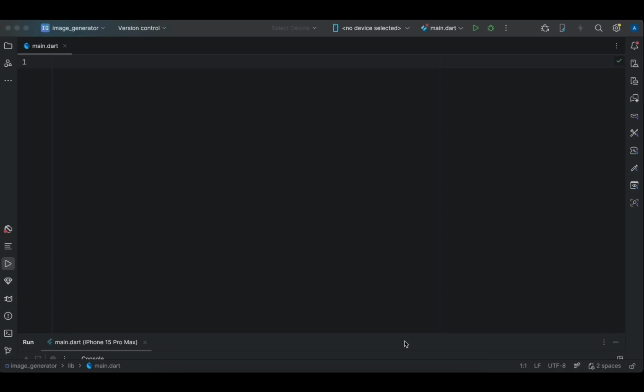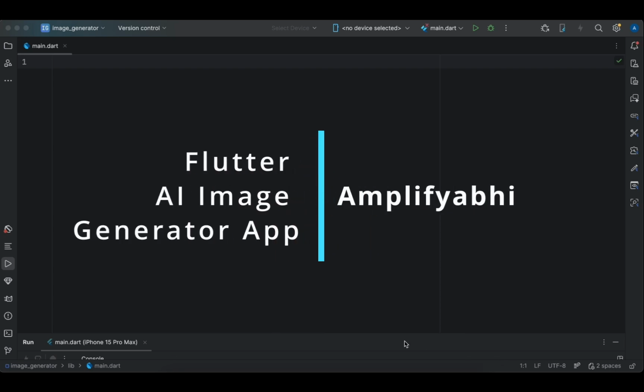In this video, we are going to build a fully working AI image generator using Flutter. And the best part is it's completely free and powered by Stable Diffusion via Hugging Face. And in this video, I have clearly discussed Hugging Face, and we have also implemented a few examples